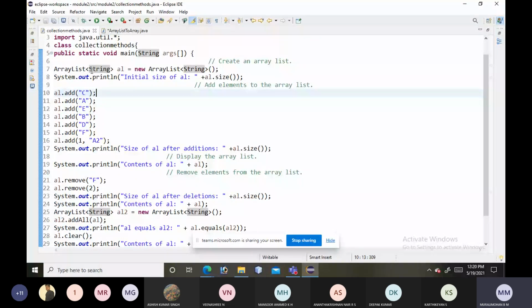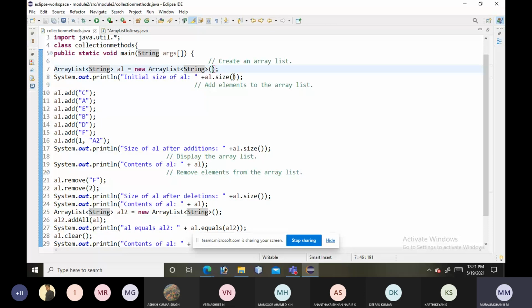We are not specifying the capacity of the array list, and we are not initializing it with any elements. So here it is an empty list.